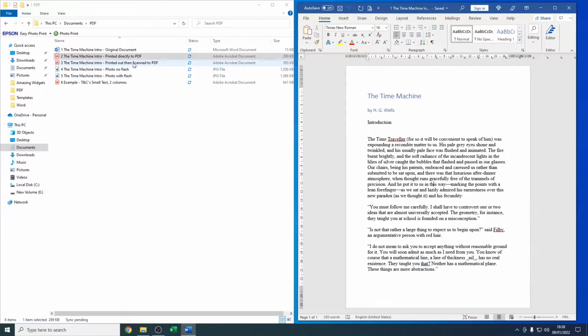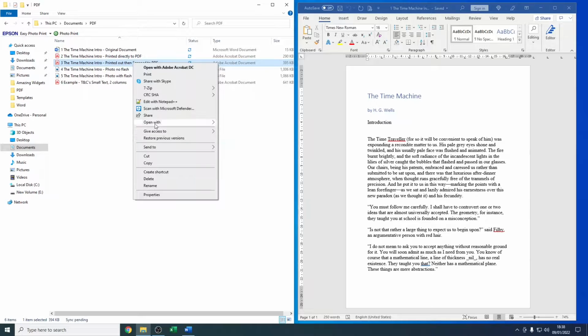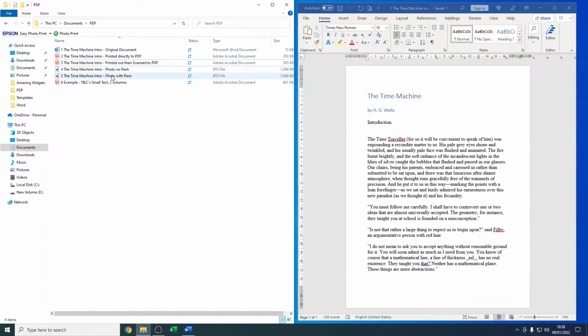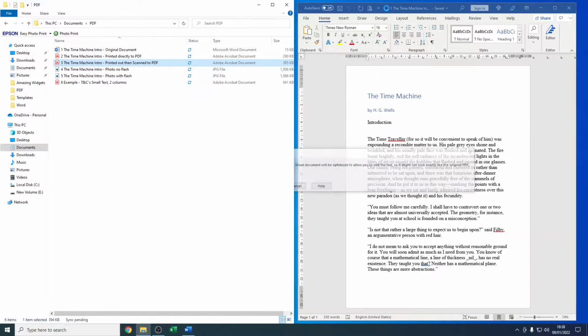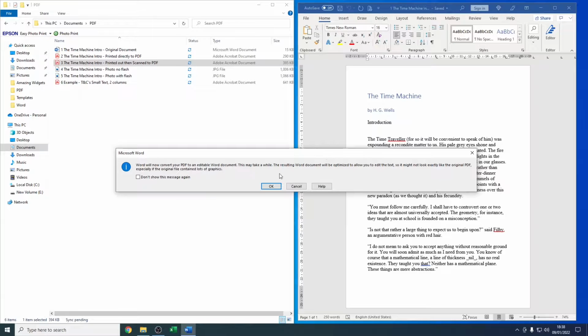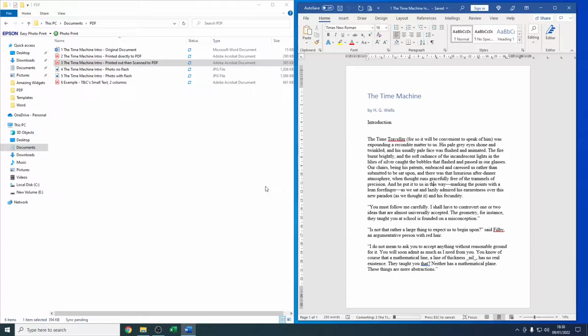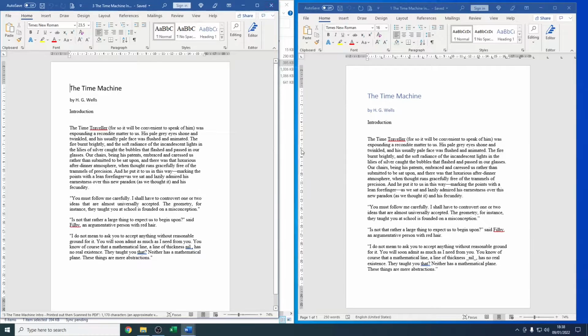The next one, printed out then scanned to PDF. Now I could right click, open with again. But actually there's an easier way. If I've got it like this, I can drag and drop the document on the header of Word and it will automatically open it up. So I press OK, it's going to do the conversion, and there it is.